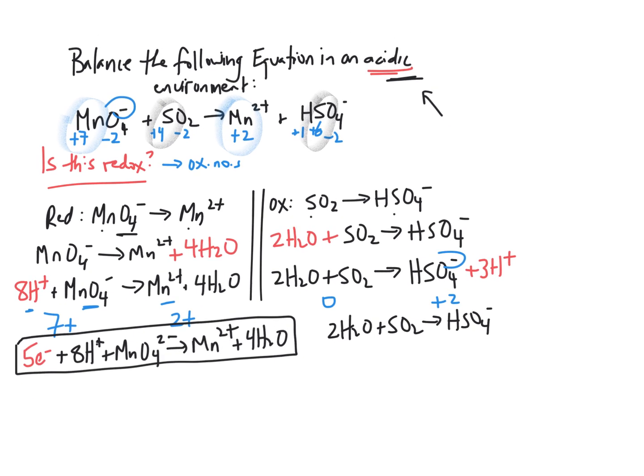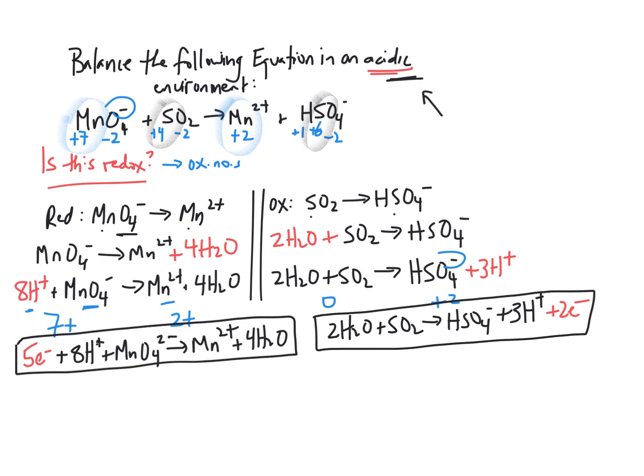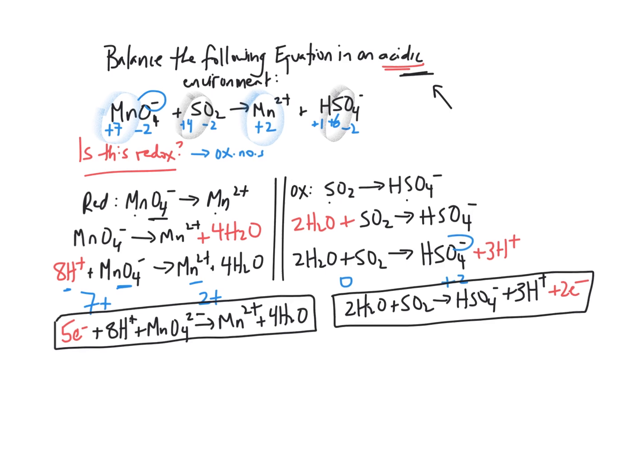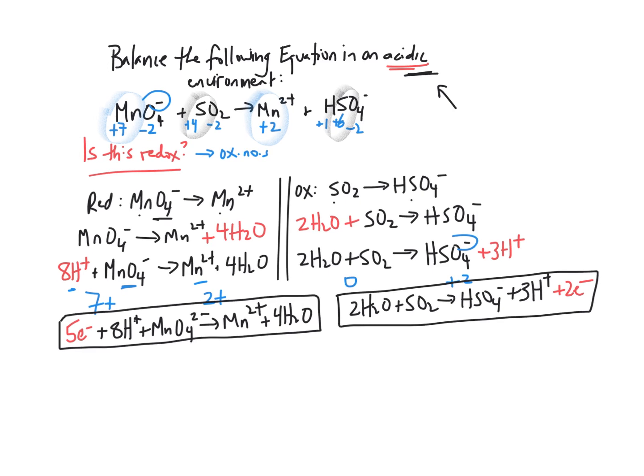I'm going to run out of real estate. And then add our 2 electrons. Okay, and if we've done this correctly, this should be the balanced oxidation half. So let's check, and we can check a few consistencies here. One, are the charges all balanced? Check. On the left hand side here, it looks like, yeah, we end up with